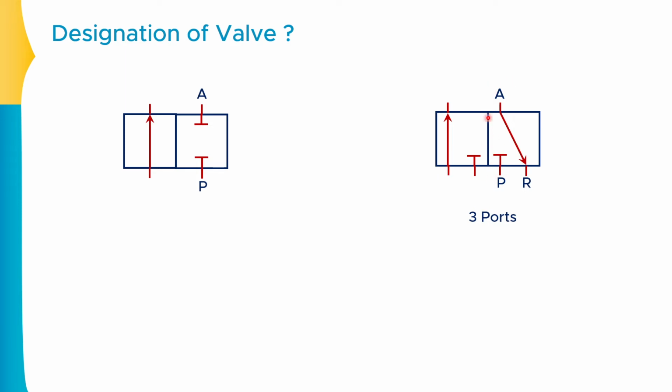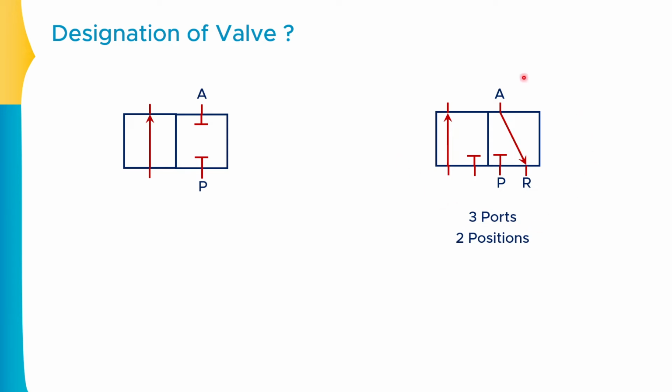And in the actuated position, which is available at the left hand side over here, you can observe that this specific P port is actually getting the inlet and the outlet is going towards the port number A. So this is the actuated position. From P to A, the fluid is flowing and the R is actually closed one. So this is the first position and this is the second position. So I can say that there are total 2 positions available.